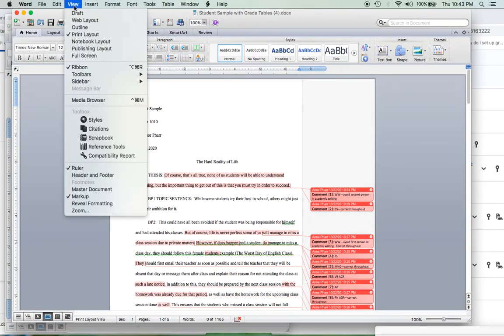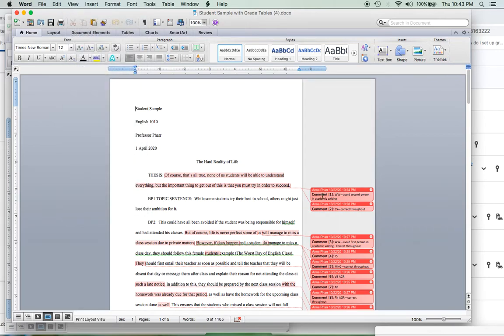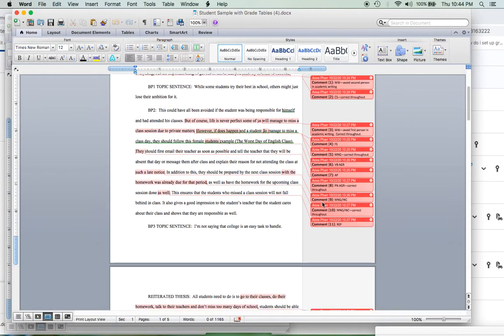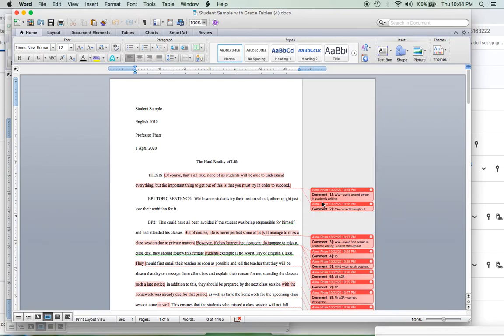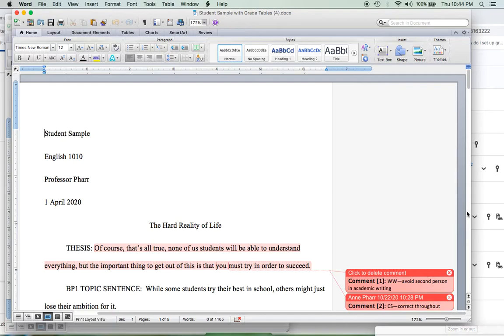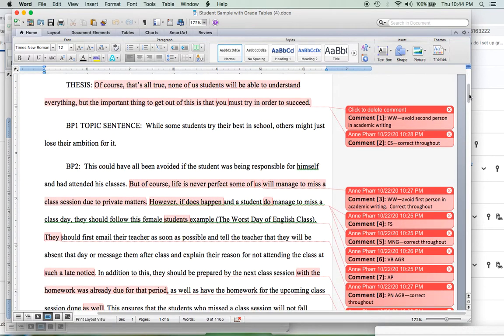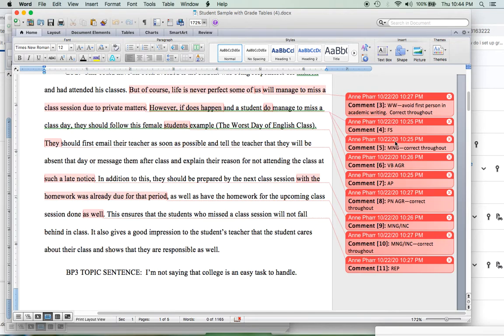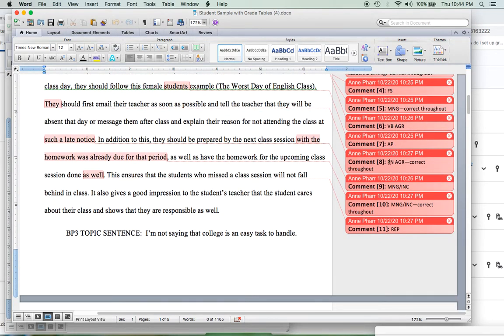Now, you should be able to see these comments in bubbles to the right side of your paper. If you are not able to see those comment bubbles, you need to check in with Pellissippi's help desk and get them to help you figure out how to open your Word document so you can see those, because that feedback right there on this paper, I went through and labeled grammatical errors. The bubbles are all about quality of writing. And that's going to be like a nice little checklist for you